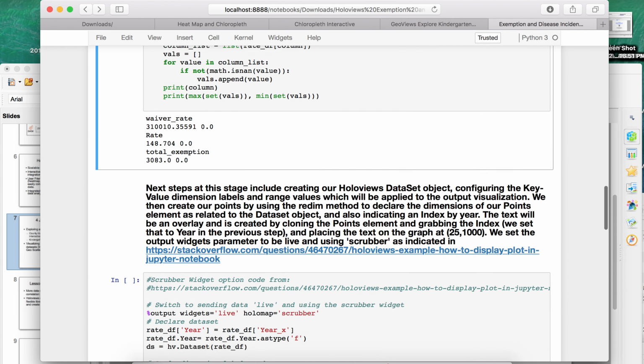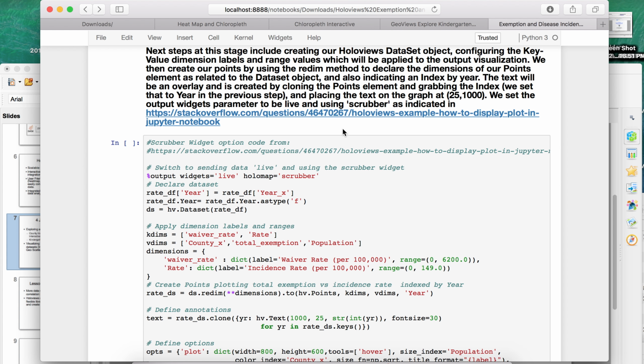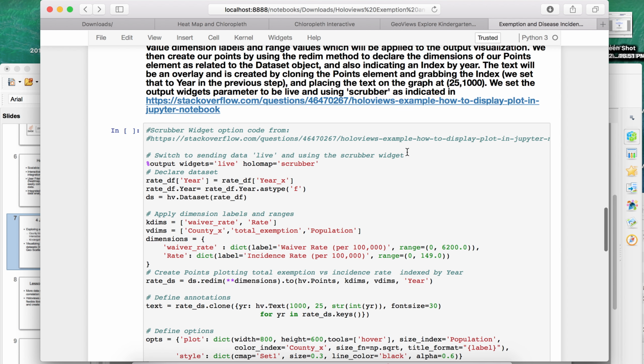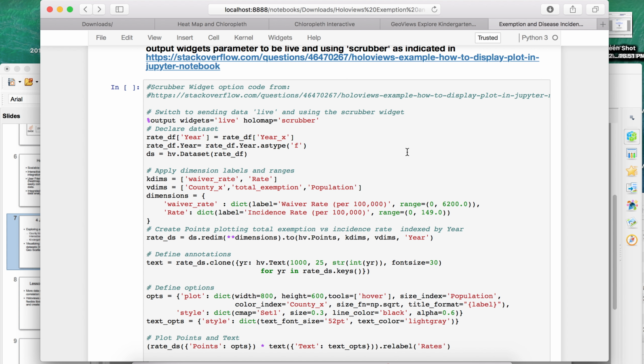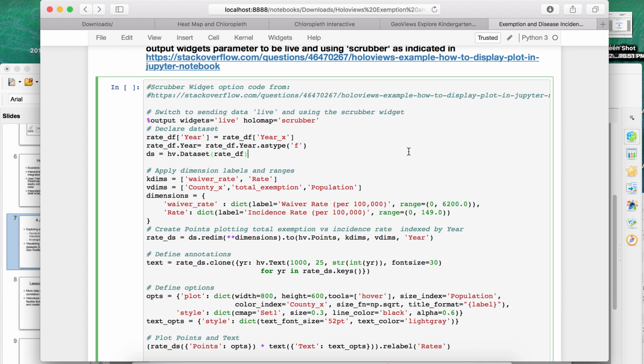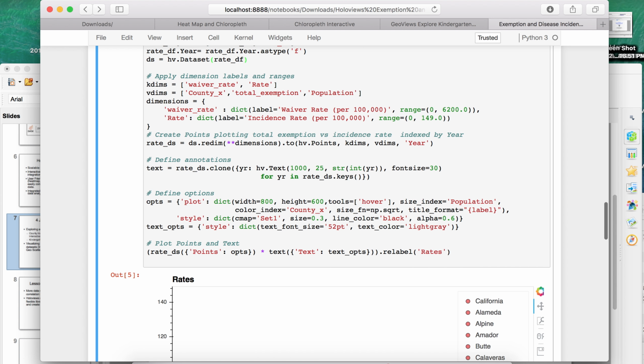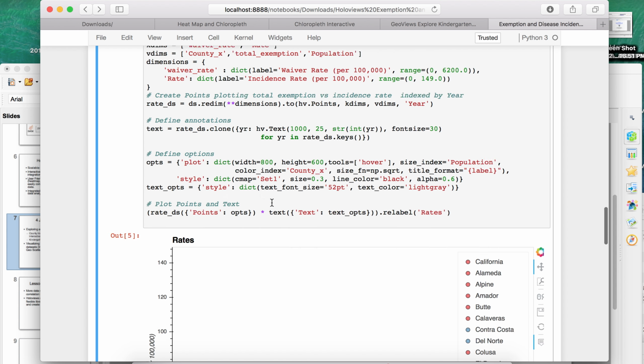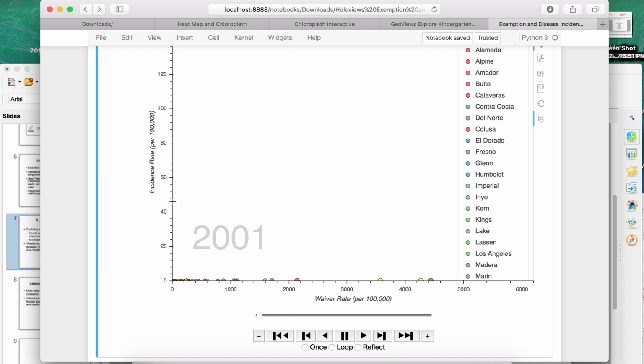And so now we're going to, using the Gapminder example again, build an interactive scatter plot to show the relationship between the waiver rate and the incidence rates. And so in time,